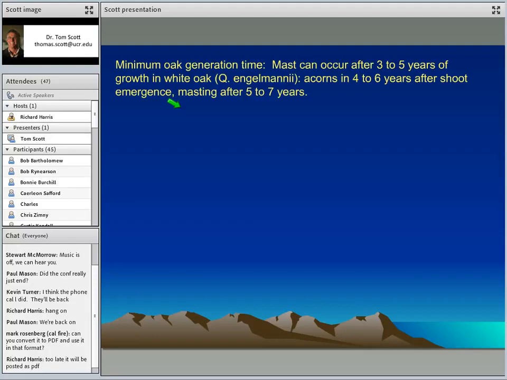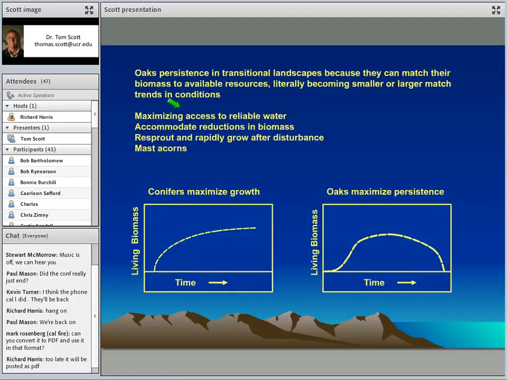Yeah, hopefully these things will disappear at some point, but this goes back to this idea of masting. In some of the species, particularly the white oaks, they're able to mast after 4 or 5 years. This doesn't seem to be the pattern in red oaks, but again, if you can imagine that something's going to live in a landscape for 150 years, it can produce 5,000 acorns in a year, and it can start to do that after 3 years. That gives you an idea that that's one of the ways that you can respond. The same way that you can respond is resprouting. So between all those characteristics,